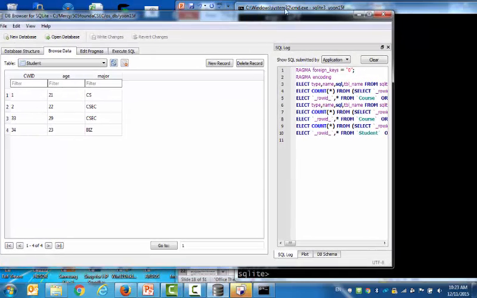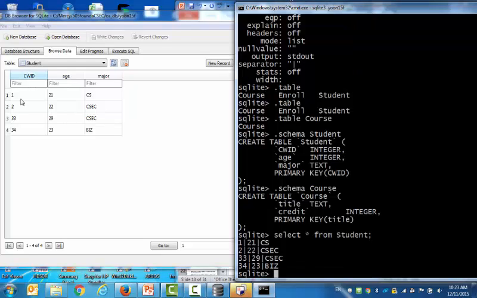This is a student table content, 121 CS, and so on and so forth, that appears here. If we want to see select star from, I do not want to see all three, but I want to see